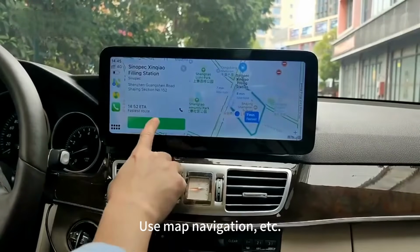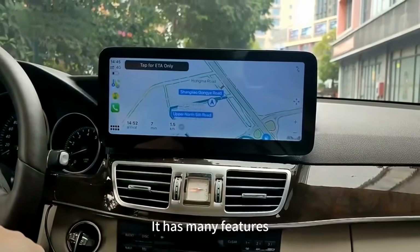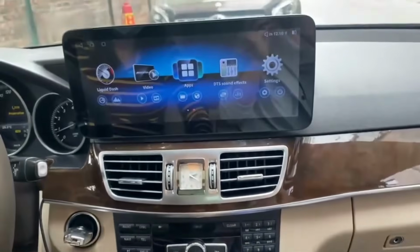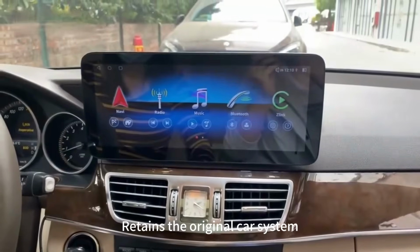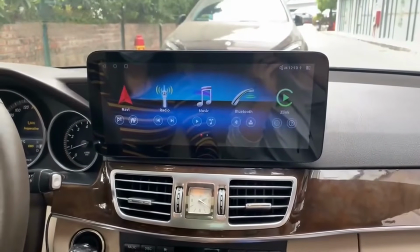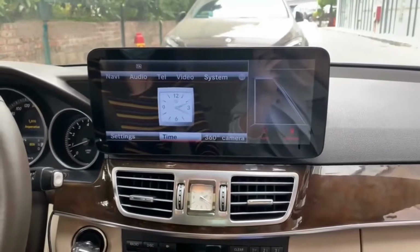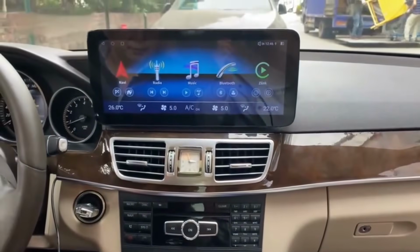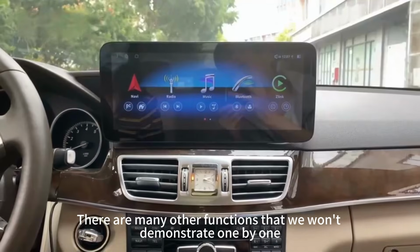use map navigation, etc. It has many features. Supports original car knob control. Retains the original car system. Syncs real-time air conditioning information. There are many other functions that we won't